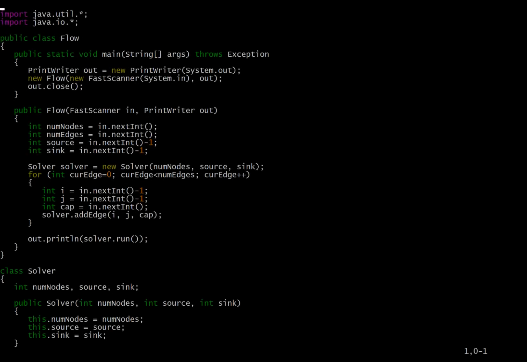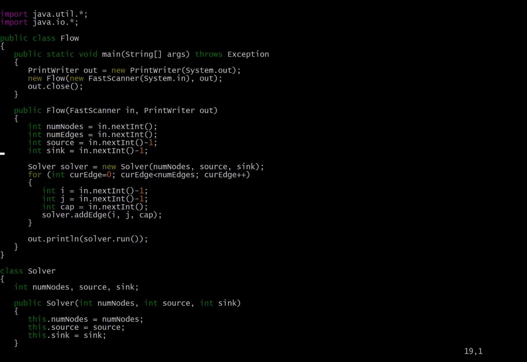Okay, so let's talk about the code I have here. I've already put in a little bit of the code, just reading an input. The way these files are structured, the first 4 numbers are the number of nodes, number of edges, the source node, and the sink node. And I have a test suite of tests that I'm going to run on this, that were generated in this style, to make sure my MaxFlow code is working. So hopefully I'm just implementing this correctly.